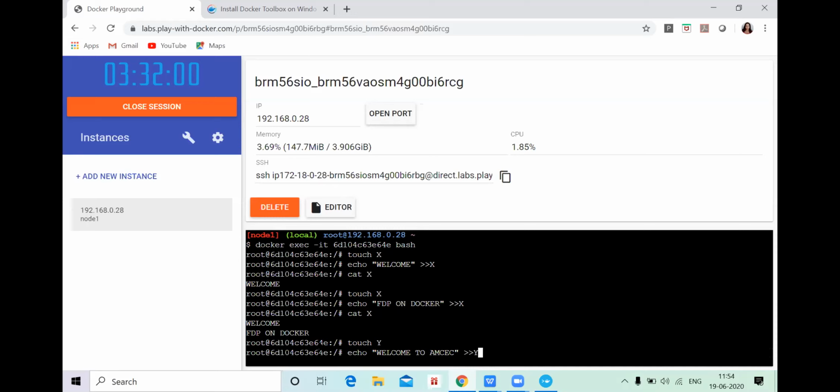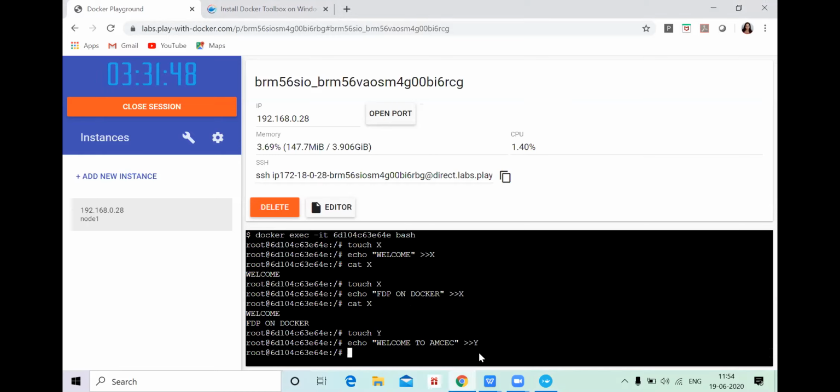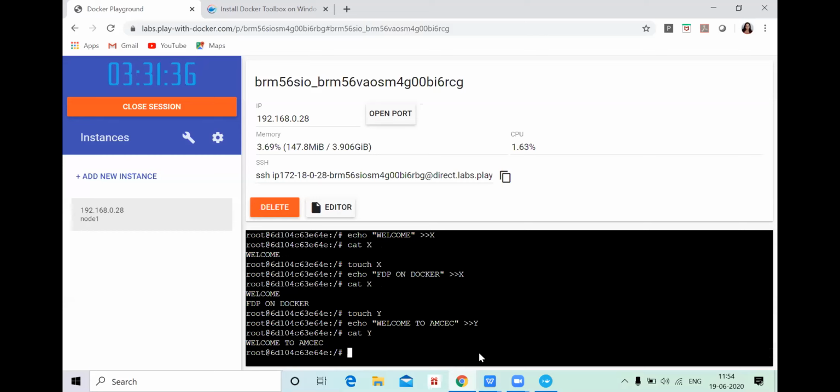Then you can give any file whatever you have created. Now press enter. You have to write cat, small letter cat, space capital Y. Okay, now enter. You can see the program output: welcome to AMCEC.